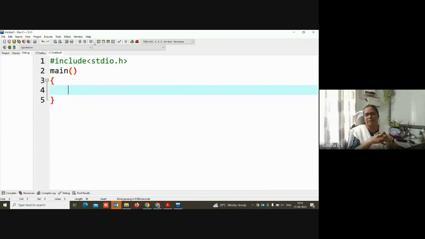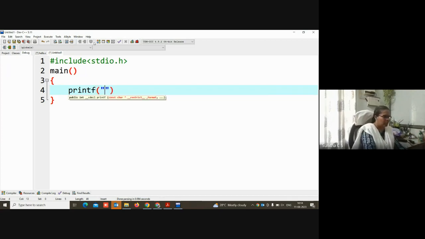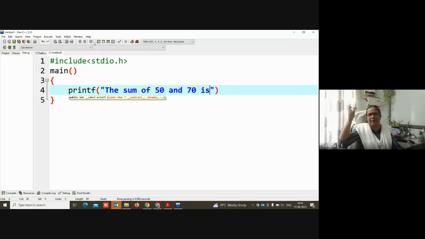So directly you can give printf, the sum of 50 and 70 is. Now I should not manually calculate and print it, but let the C program calculate it and print it out.